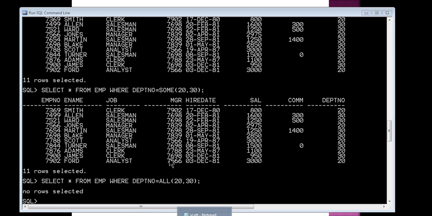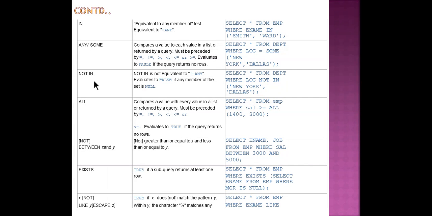So if you write ALL here, then the DEPT number values which match with all the values within this parenthesis, those rows will be in the result, right? So that is the use of ANY and ALL.